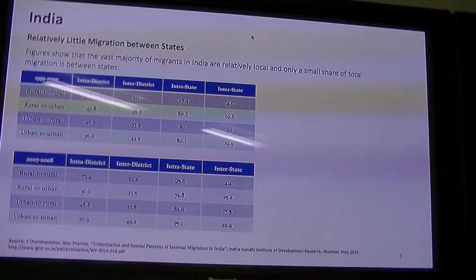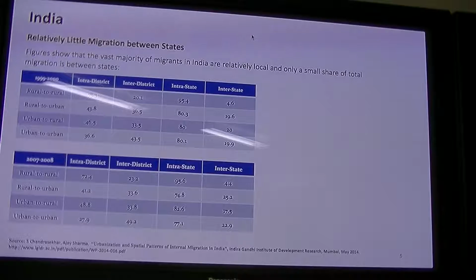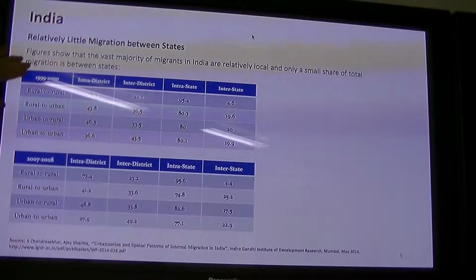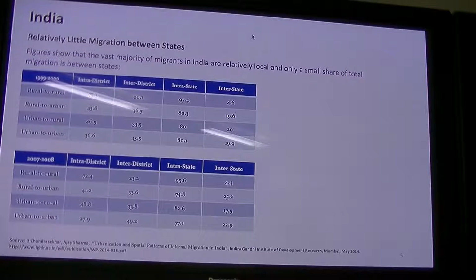It doesn't matter how smart you are, they just won't hire you. It's hard to get an education. It's hard to move. It's difficult to marry up into another caste. All of these things have been traditionally frozen. And so these figures show the migration between